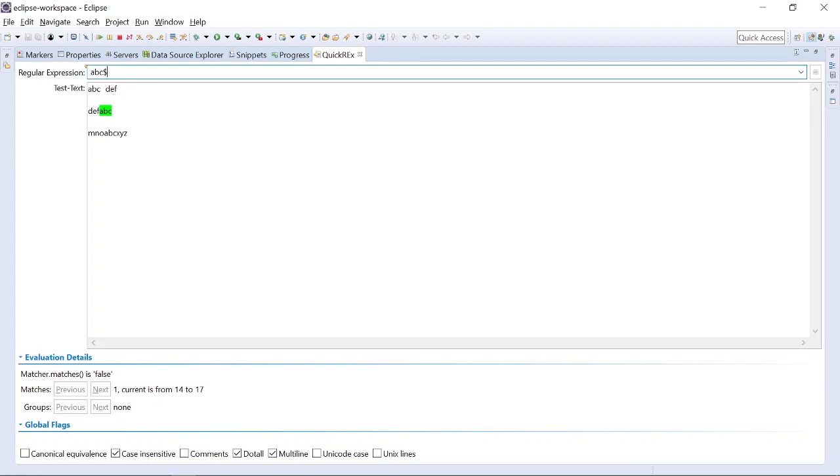Now if I want to restrict that it has to be in the beginning only, then I can do like this. Here ABC is in the beginning, so it is matched. Now if I want only ABC, it should not match anything else, then I can make it as dollar at the end. So it means starting and ending with ABC. So for that I will add this. Now it is only matching this one. So these were the few syntaxes.